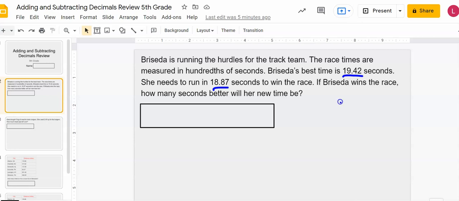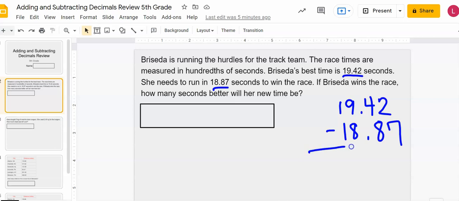So let's take 19 and 42 hundredths seconds and subtract 18 and 87 hundredths. Okay, so I can do this multiple ways, and you can also even use base 10 blocks. So we're going to subtract here,